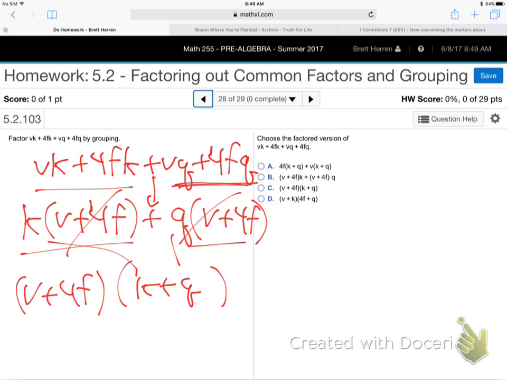New set of parentheses: K plus Q. Yeah, because I think I moved the VQ over, so it was VK plus VQ, and then I factored that, and I got the same answer. It might work with rearrangement. Sometimes that works, but you don't have to. In this course, no rearrangement needed. In the next couple of courses, especially the 103, sometimes you'll need to rearrange them, but they won't expect that for now. All right, let's